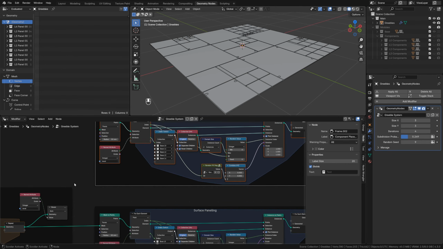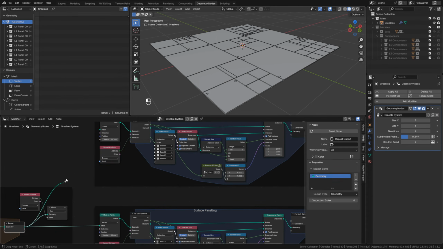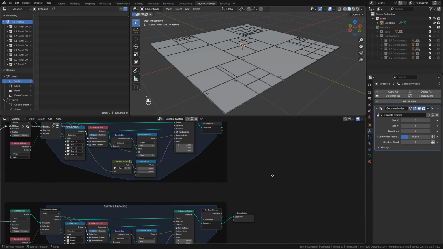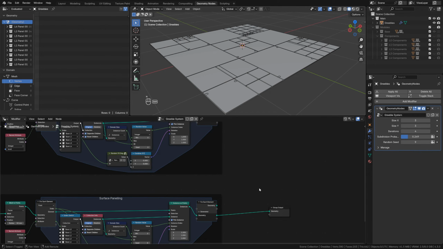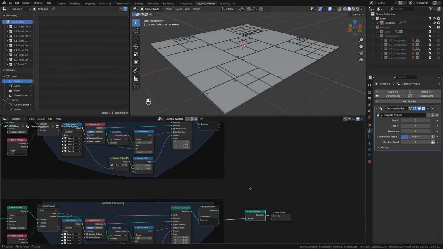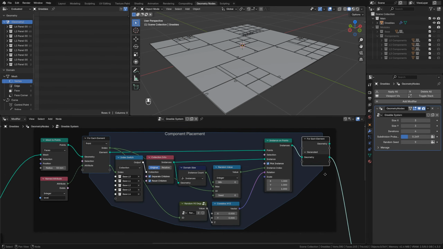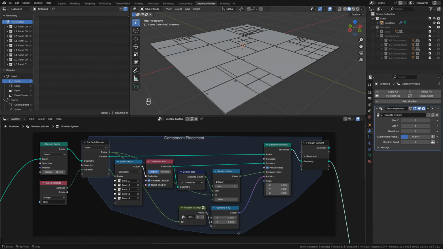And we want to make sure we plug in the output of our grid generation into the mesh input of the mesh to points on the component placement. And we also want to join the geometry together in front of the group output. So we'll take the generated geometry output here of the component placement and plug that in. Now, right now, that's doing exactly the same thing as the node network below, but we will now update this